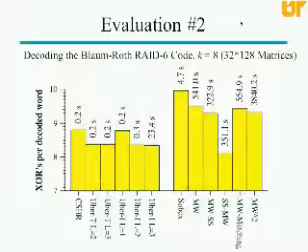Okay, second evaluation. Now I'm going to go to a real situation. Instead of looking at little matrices where I know optimal, I'm going to take a situation that will come up in real life and see if it improves things. So the code I'm using here is a RAID 6 code called the Blum-Roth code, which is a RAID 6 code that has really nice properties that does get used in practice in certain installations.